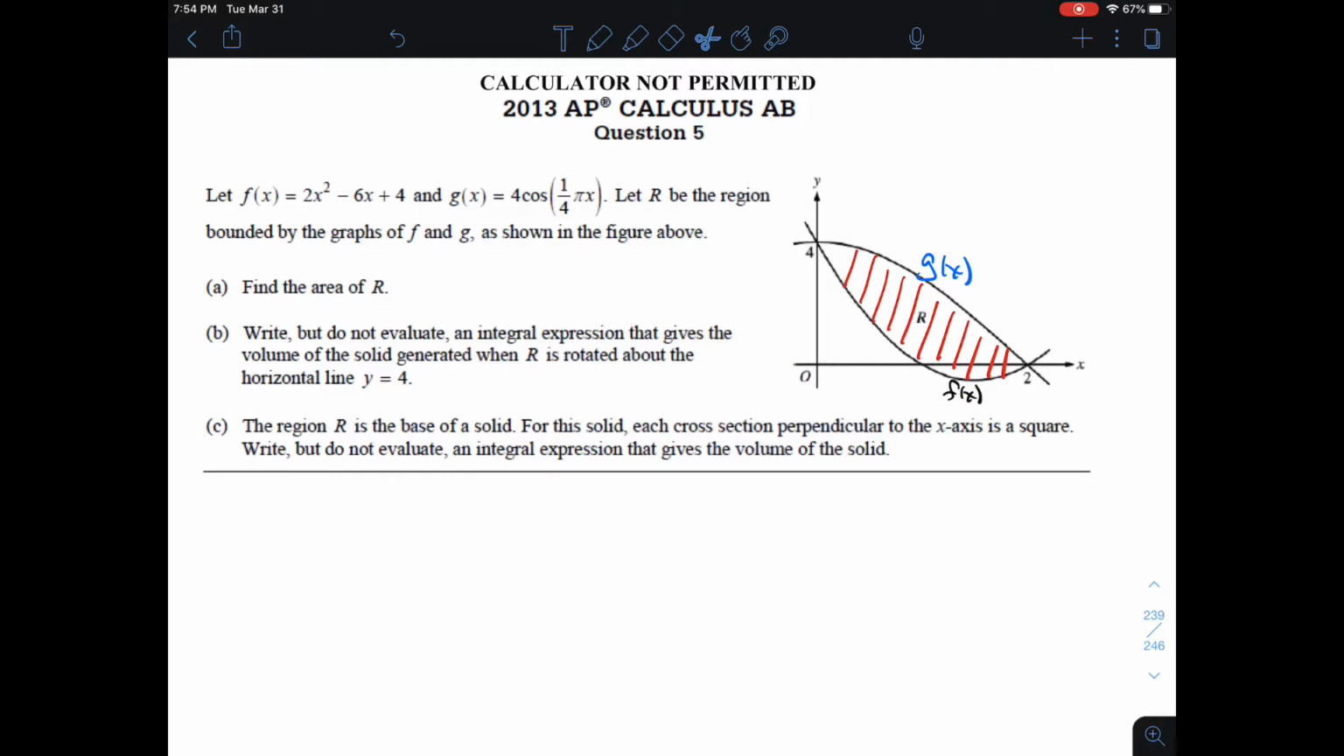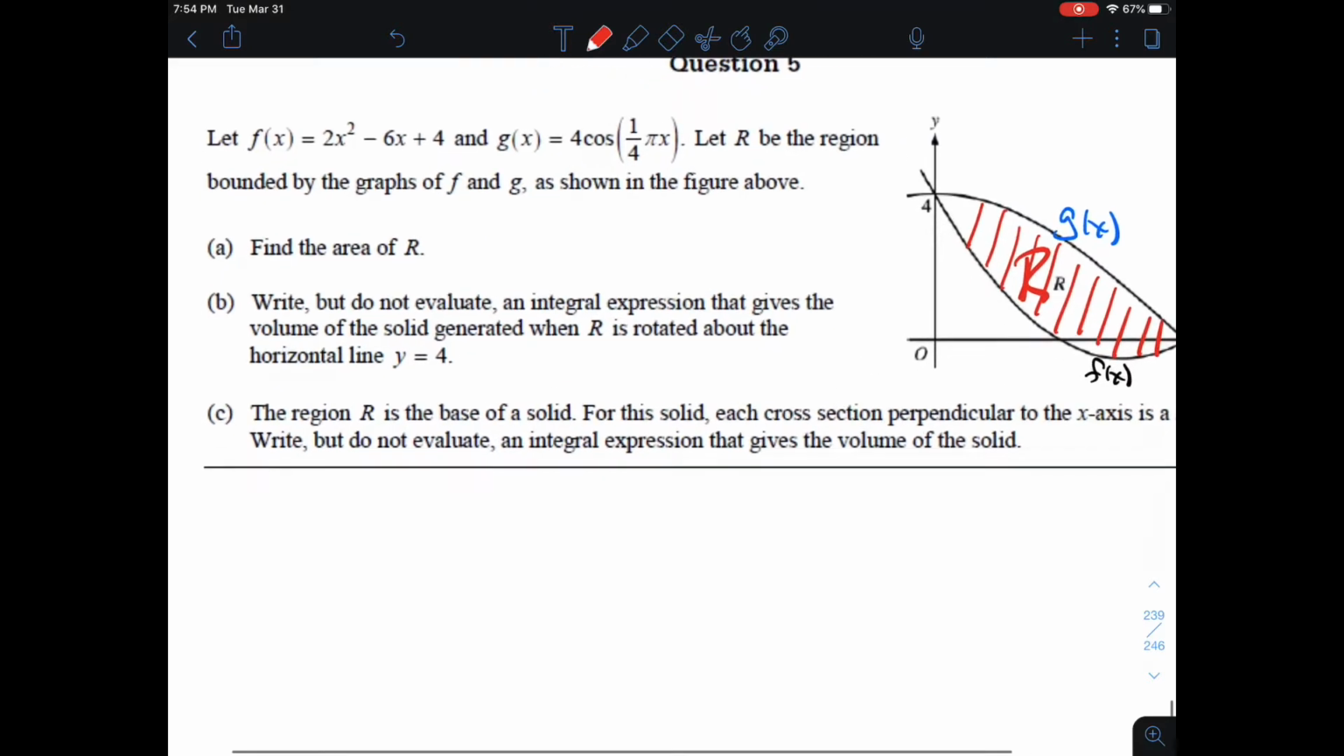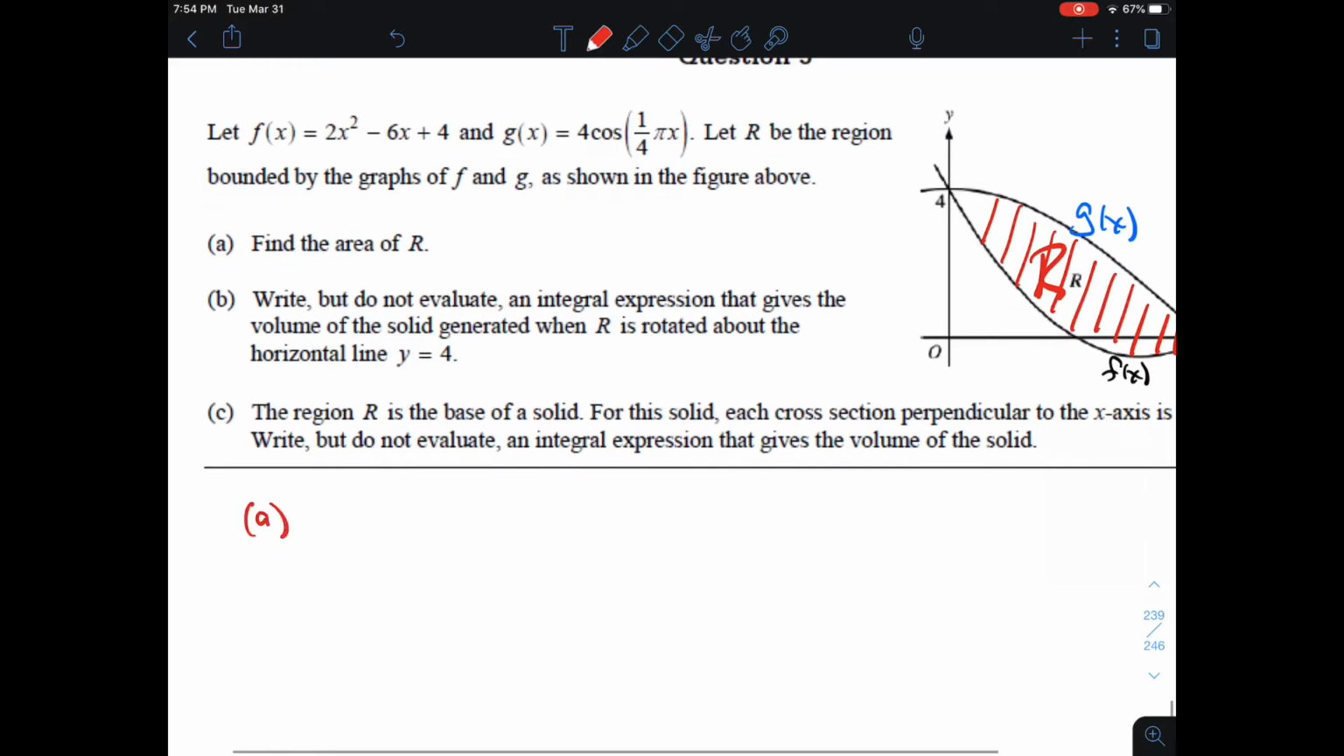Hopefully that makes sense. Part A, find the area of this region R, because it says that region R was defined by the area between the curves, and it shows it right here in the drawing. So, part A, in order for us to find this area,